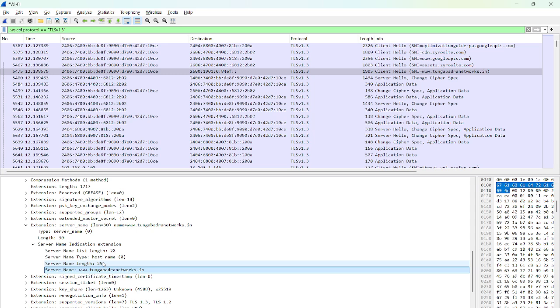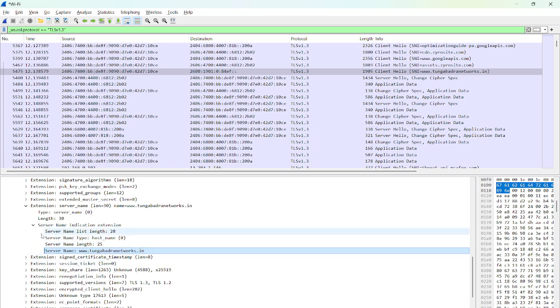I have also given interviews in the recent past, and they asked me the same question. They give two packet captures and ask which packet capture belongs to facebook.com and which belongs to instagram.com. That is how they will question you in the interview.